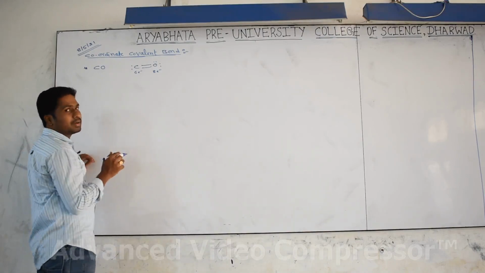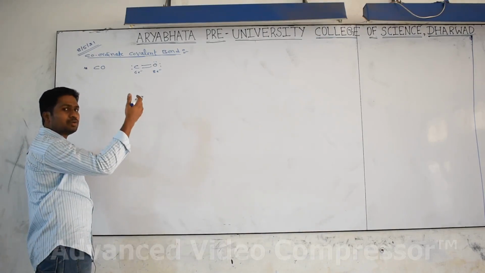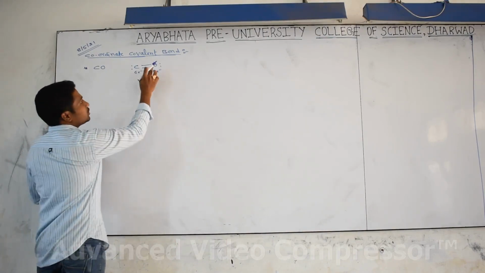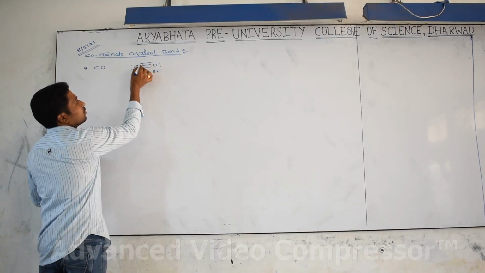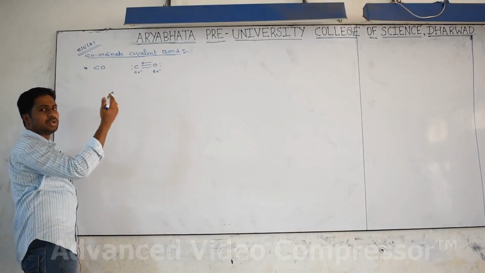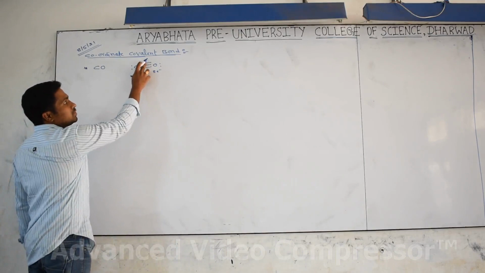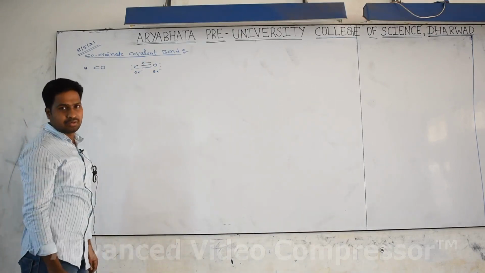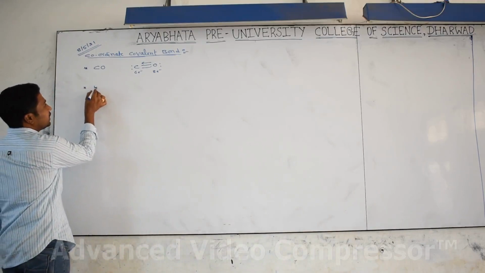That's why oxygen, which is already stable and satisfying the octet configuration, donates electrons to carbon. Then we get a coordinate covalent bond, directed towards the carbon atom, because oxygen is donating and carbon is receiving. The normal line is a covalent bond, and the arrow mark is the coordinate covalent bond.